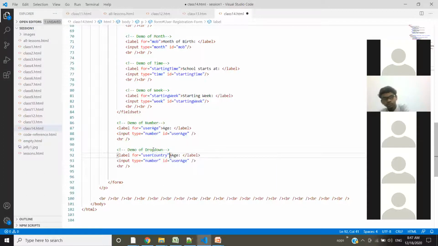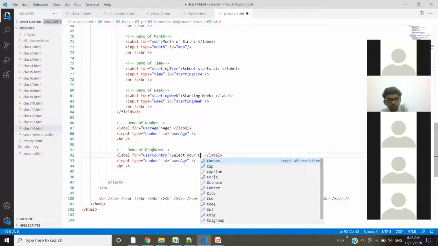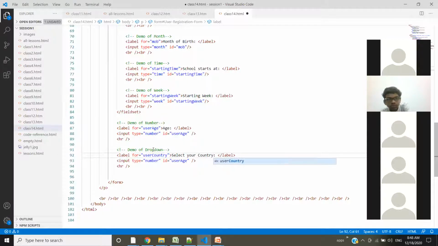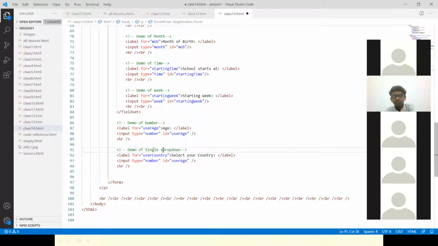So I'm going to give country here. Select your country. This is a single selection drop down. If we use multiple, then it will be multiple selection.